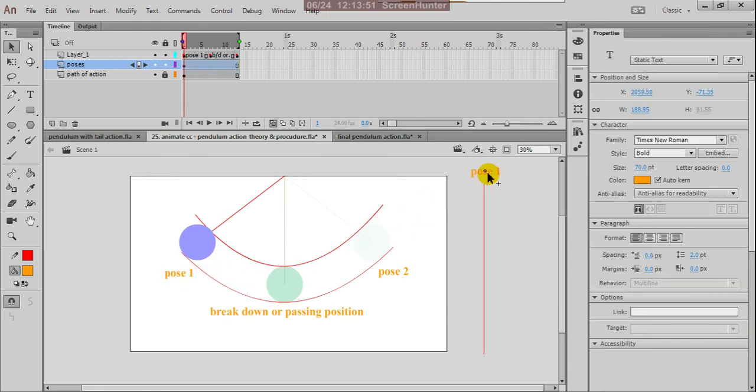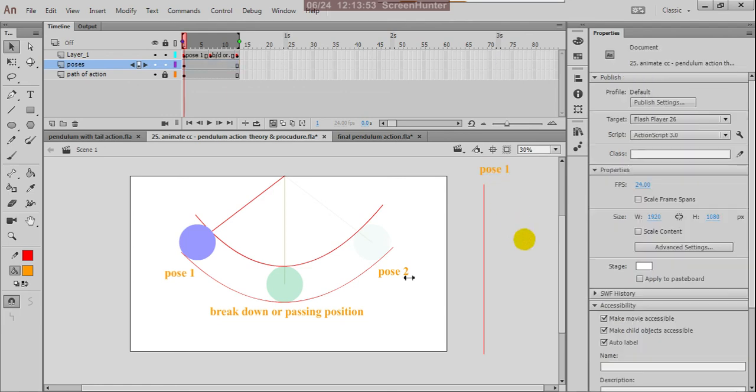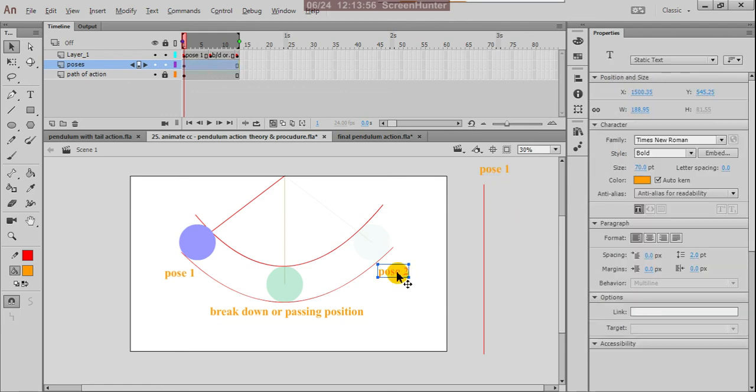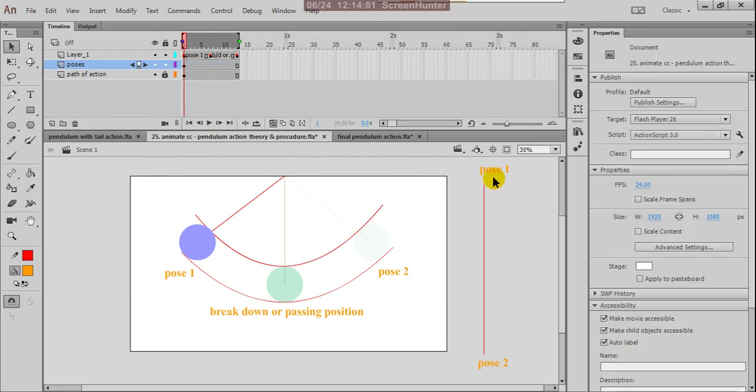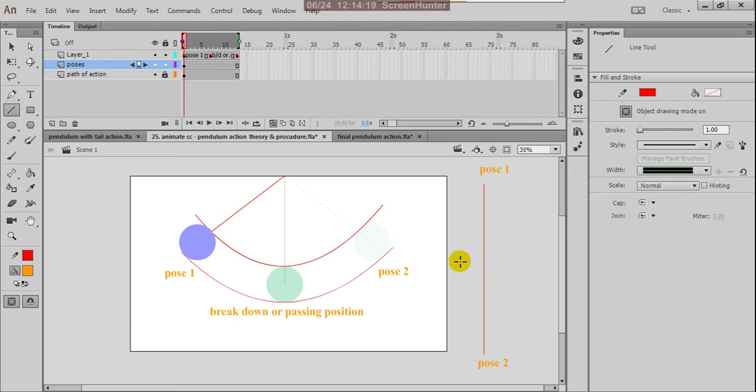So here this is pose 1, okay, and this is pose 2, this end, okay. So it is showing what? First drawing, and this is last drawing, and here it is breakdown or passing position, to indicate that exactly between these two drawings we are planning this. So that is the reason here we plan exact center one line, by giving this center line.